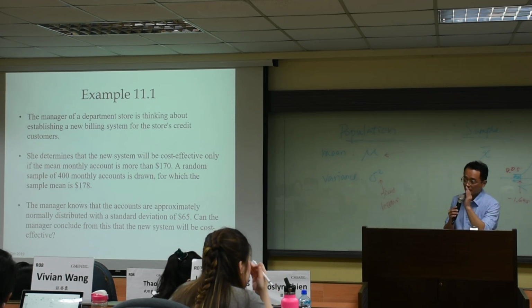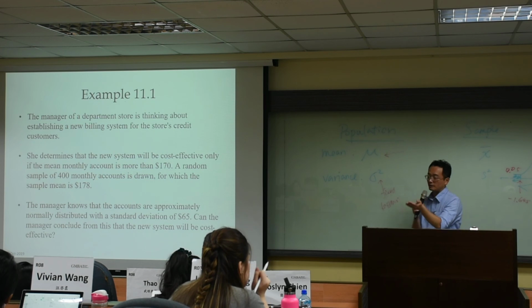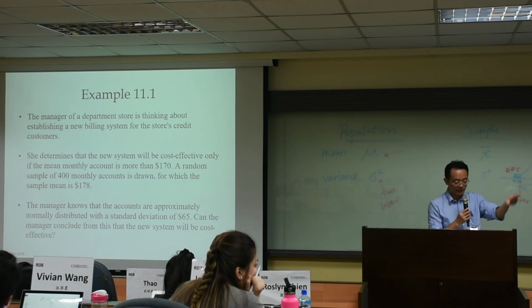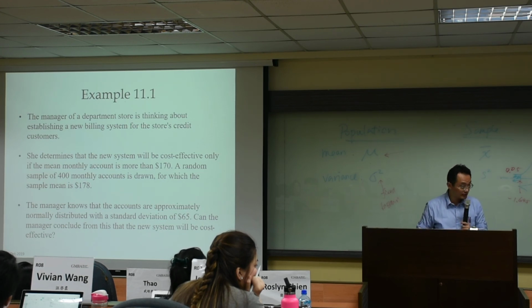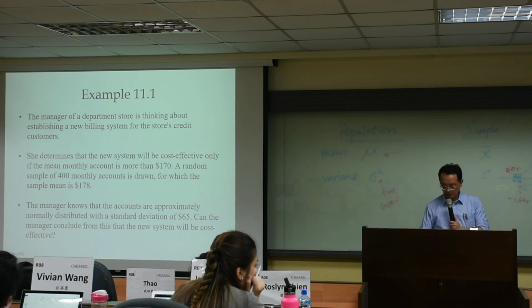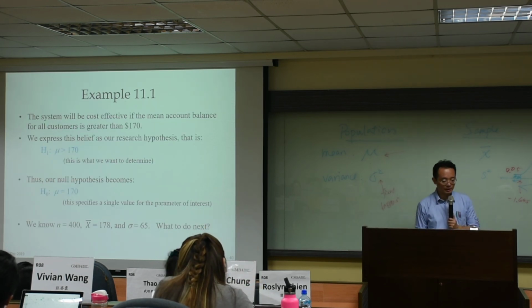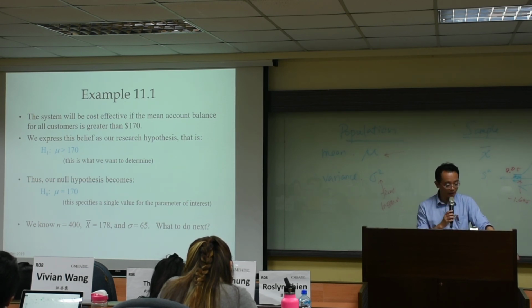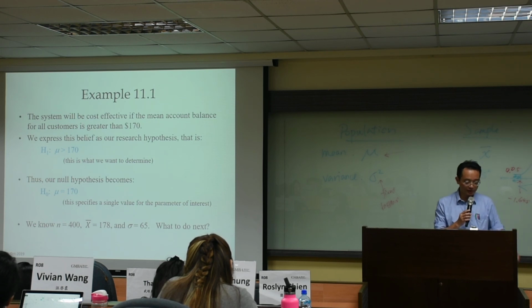She understands that the system will be cost effective if the mean is greater than 170, and she got a sample mean of 178. So can this sample answer her question? How do we proceed? The system will be cost effective if the mean account balance for all customers is greater than 170. So we express this belief as our